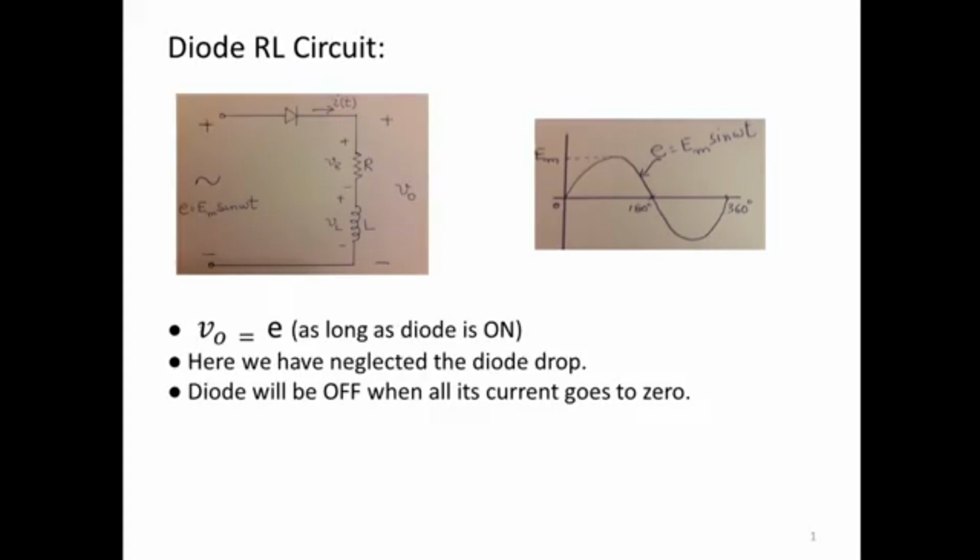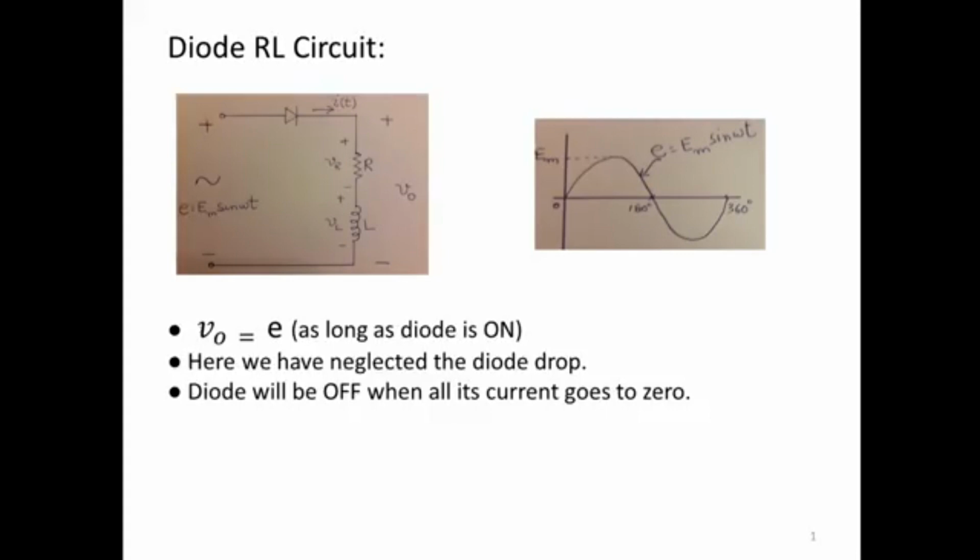Now in this circuit, what we want to study is the behavior of the output voltage, and obviously the output voltage will depend upon the current IT. So in order to study the output voltage, we have to first study the behavior of current. That is what we will do in the analysis. Then with the help of that behavior, we will conclude some justifications about the output voltage. First of all, let us discuss a very important concept about the output voltage.